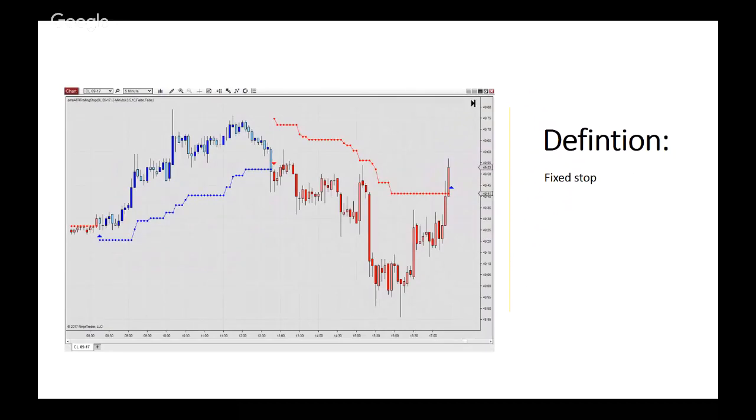A trailing stop sets a fixed stop price below the market price, along with a method to trail the stop level if the market moves in your favor. So in a long position here, you see the stop price moves up together with the rising prices, whereas if the market falls, the stop price will not change, and a market order is triggered when the stop price is hit. So we have a limit on the maximal possible loss without limiting the maximum